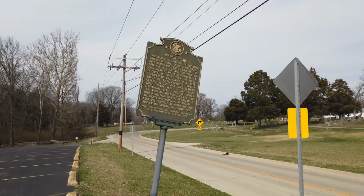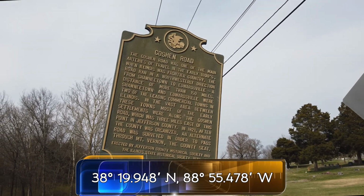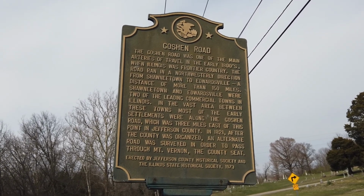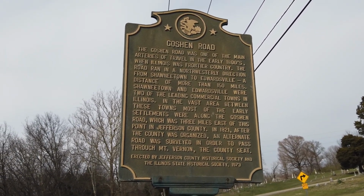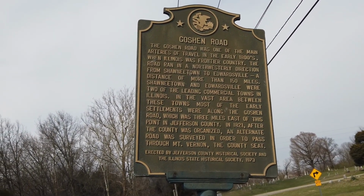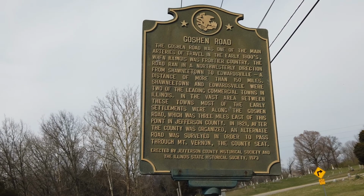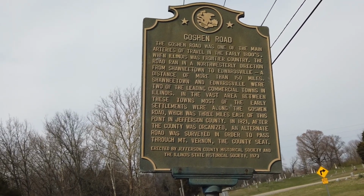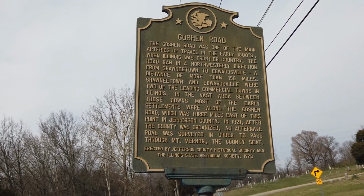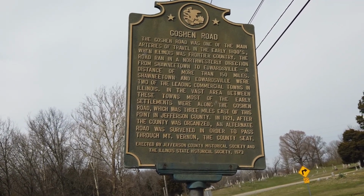And this marker is for the Goshen Road. The Goshen Road was one of the main arteries of travel in the early 1800s. When Illinois was frontier country, the road ran in a northwesterly direction from Shawneetown to Edwardsville, a distance of more than 150 miles. Shawneetown and Edwardsville were two of the leading commercial towns in Illinois. In the vast area between these towns, most of the early settlements were along the Goshen Road, which was 3 miles east of this point in Jefferson County. In 1821, after the county was organized, an alternate road was surveyed in order to pass through Mount Vernon, the